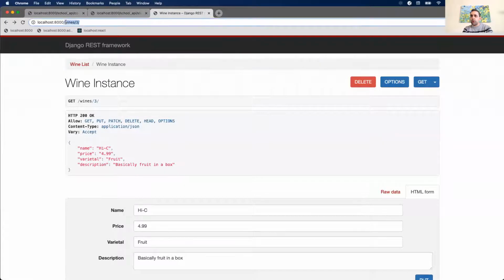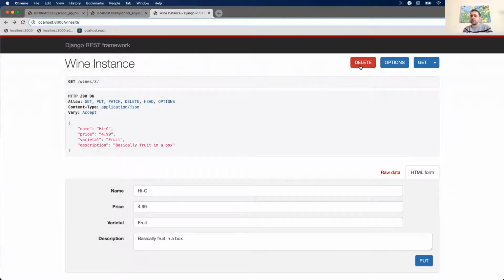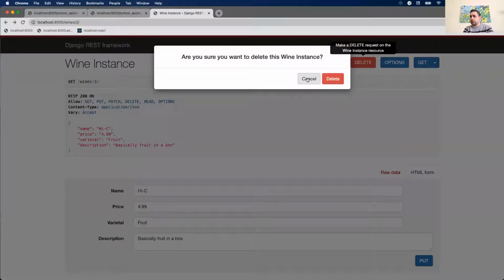So we're on wine number 3. We're going to submit put requests to here and also delete requests to the same URL. We're not actually going to have those additional update or delete paths that we go to. And so it's all because we're using different request types. Again, post, put, or delete. So it's based on those methods, it's going to know what to do, even though it's going to the same URL. So if I hit delete here, it's going to submit a delete